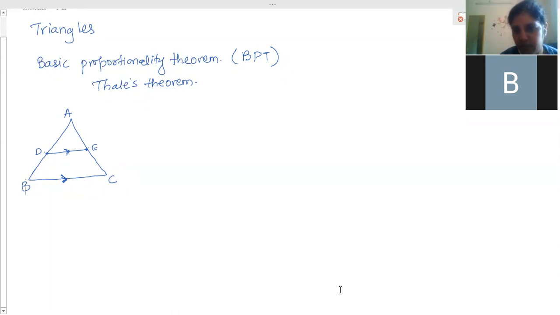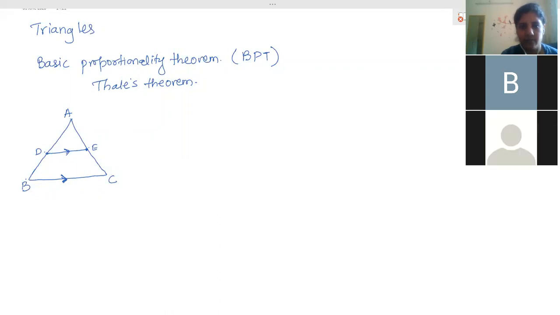So first write the statement, then we will prove it. One second, first the basic proportionality theorem, the exact statement. Ma'am, is it any triangle? In any triangle, yes. It's not any specific triangle, it can be anything. Okay. Actually, this is why we are learning, because this will help you for proving similarity.